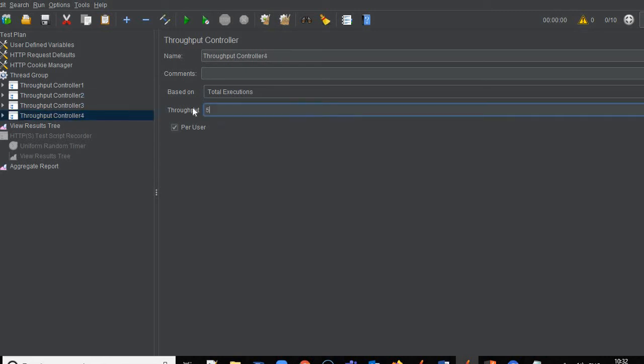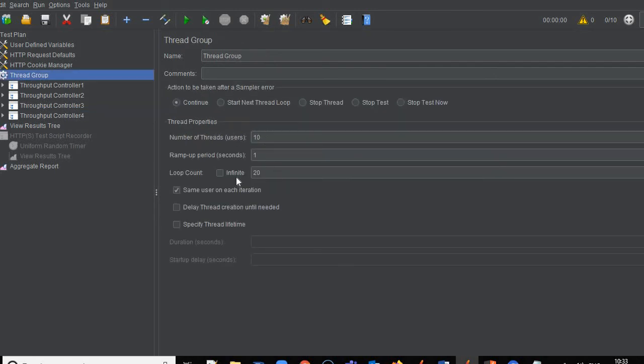Okay, so I'm giving it 40, so that 100% execution should be there. The per user checkbox should be unselected for all the controllers. Okay, and for 10 users 20 iterations are there, total 200.